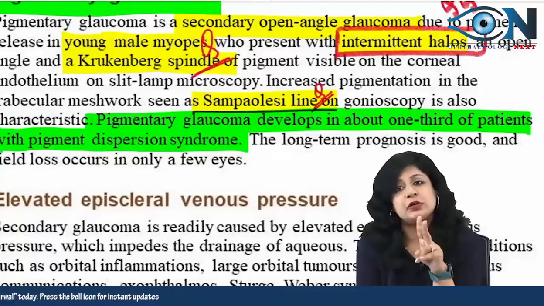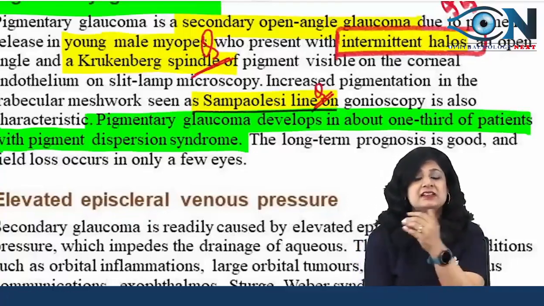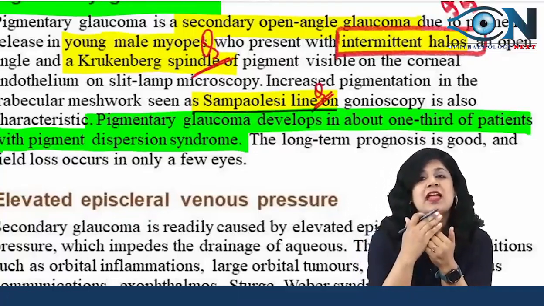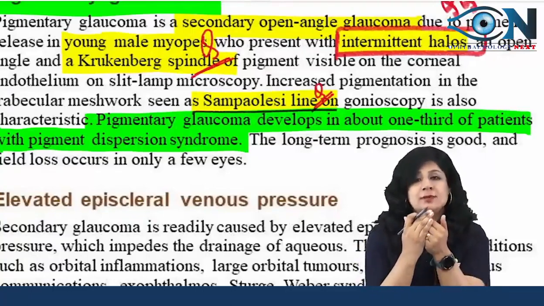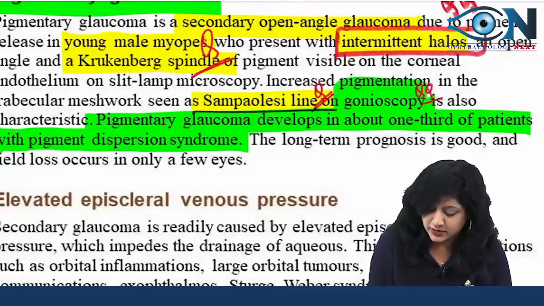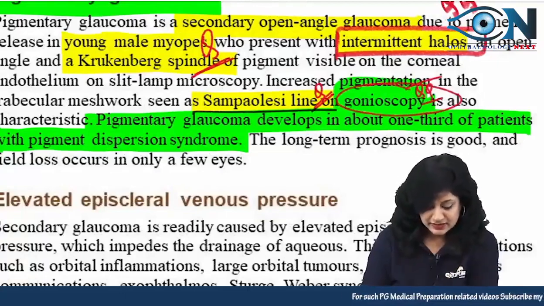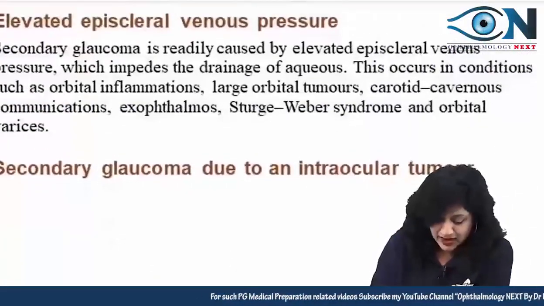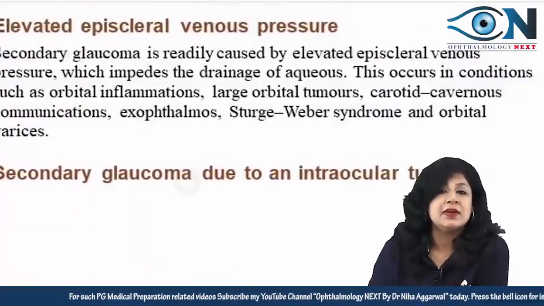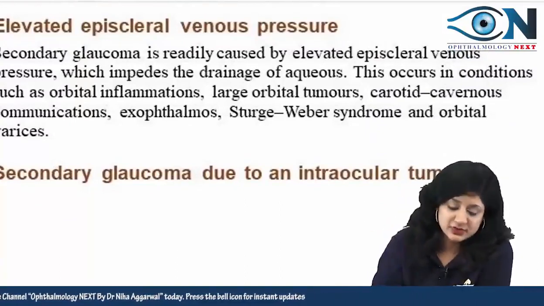Another important thing is the Sampaolesi line. The Sampaolesi line means that you have pigments along Schwalbe's line, and that is actually a gonioscopic finding. So we are not going to get it just on diffuse examination; it is again a gonioscopic finding, and that is important. Then we have elevated episcleral venous pressure, because that is again contributing to the rise